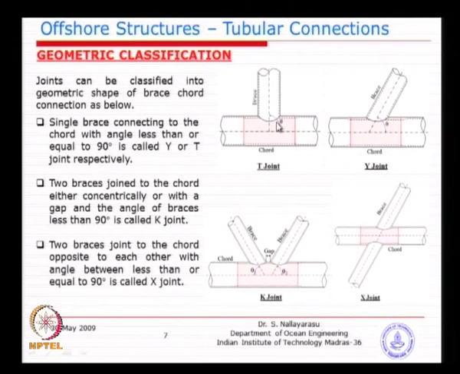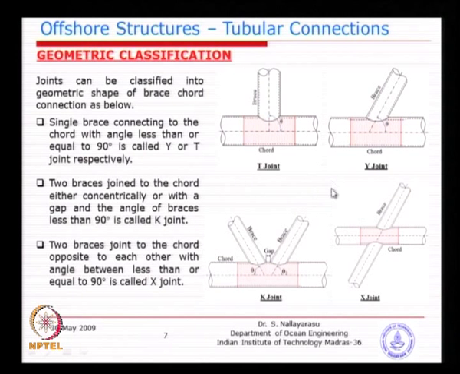The only thing is the parameters may change. For example, when it is 90 degrees we call it a T junction. When it is less than 90 degrees, it can be any angle from the lowermost, say 30 degrees, 40 degrees, up to 90 degrees. If it is within this range, you will call it a Y junction, because it looks almost like the shape of a Y, whereas when it becomes 90 degrees it is a T junction. And if you have 2 or 3 members coming in, for example, in this case I have drawn only two members coming in, we call it a double Y, or a K junction.